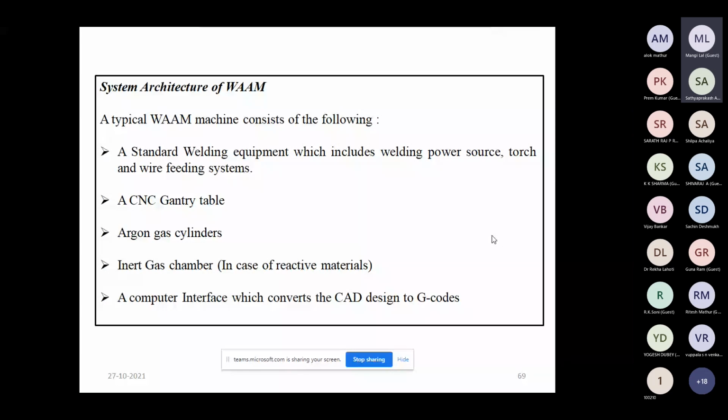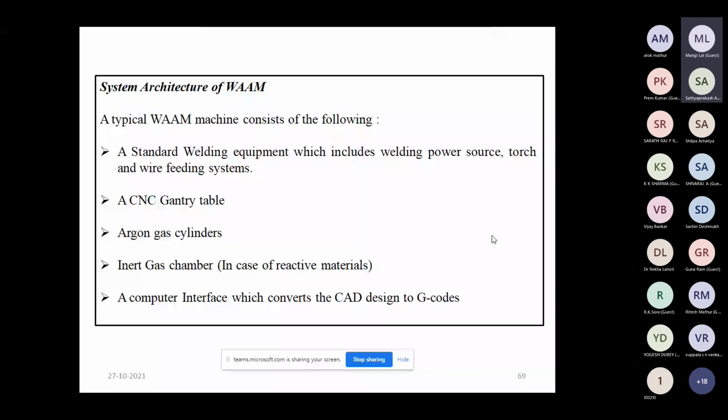This CNC gantry instructs the wire feeder and torch in the X and Y directions. There is also an argon gas cylinder, an inert gas chamber to prevent reaction with the outer atmosphere, and a computer interface which converts the CAD design to G codes.